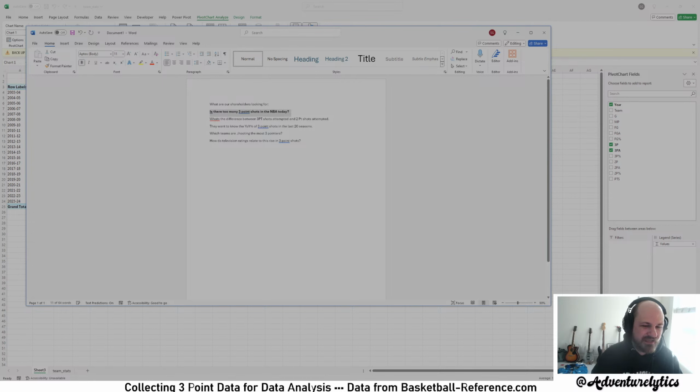Is there too many 3-point shots? I guess we'd have to ask ourselves too, what is the amount that it's too many? Are they shooting too many? How do we figure that out? What is too many? How do we find that? So I'll try and figure that out too. Like I said, this is part of a project I'm working on. So I'm sort of a novice. I understand the technologies, but I'm trying to get better at showing my data analytics skills.